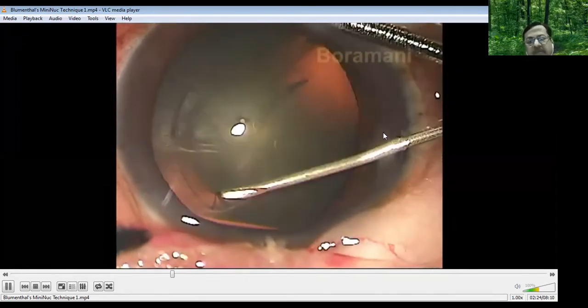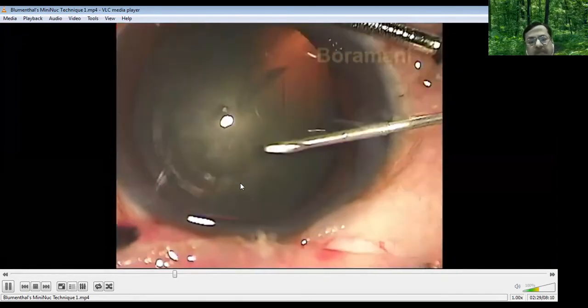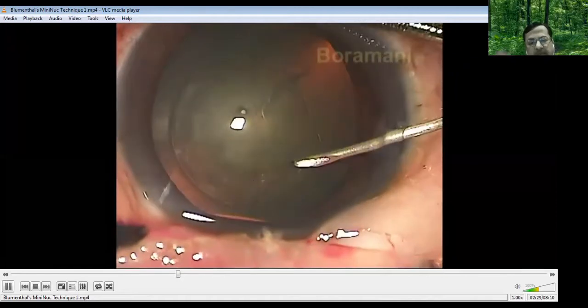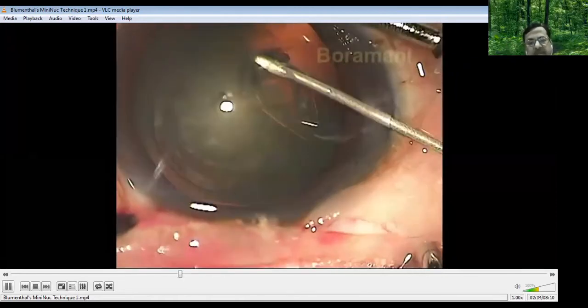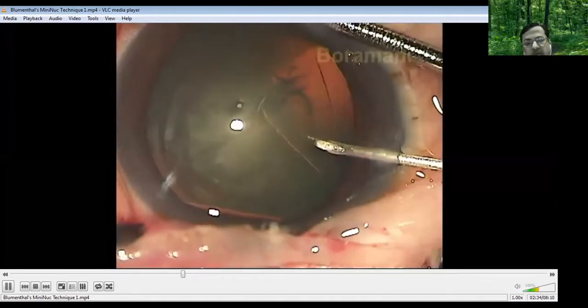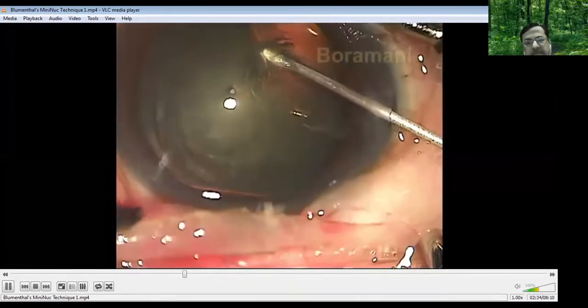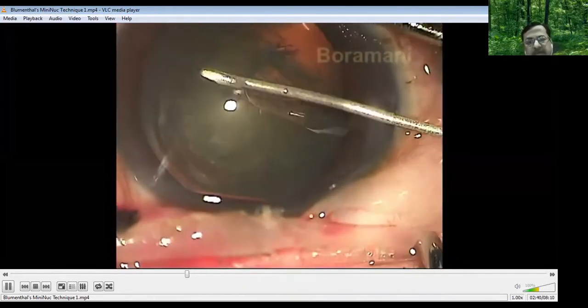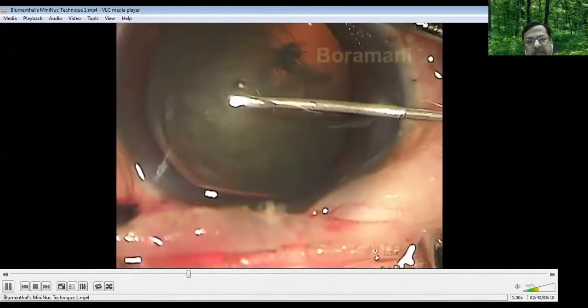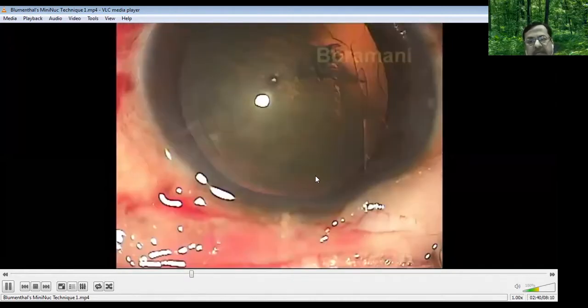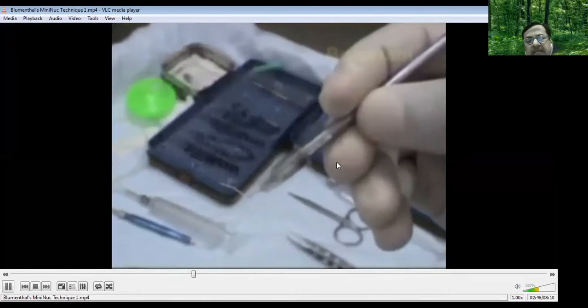Now, because this port is very narrow, there is not much movement of the capsule, and you can comfortably do it as if you are doing it in a very deep chamber with a good viscoelastic. But here I have not put any methyl cellulose or viscoelastic. Those who are not comfortable with the AC maintainer can do this with the viscoelastic. Now see, once this is done, again take the MVR blade.